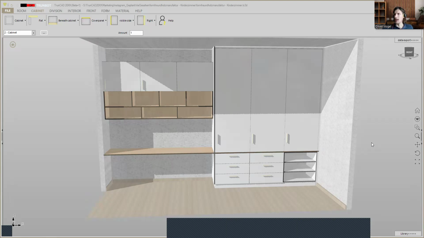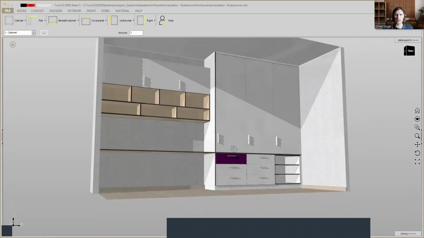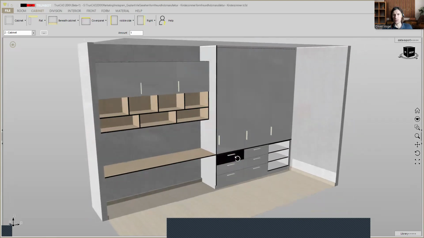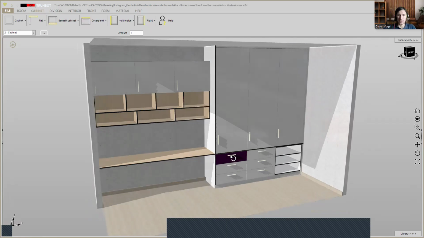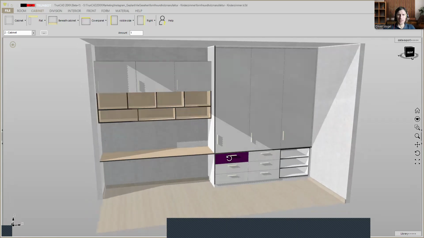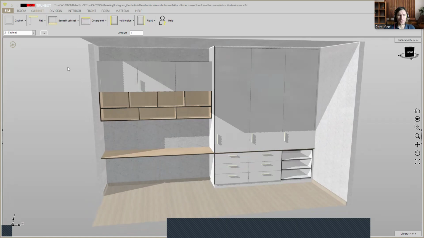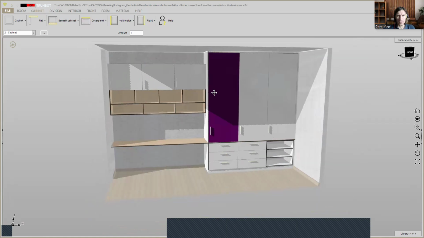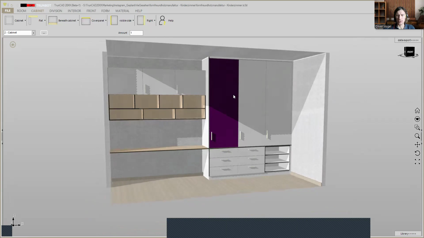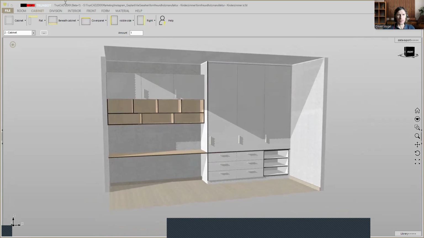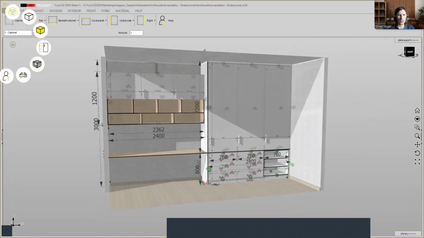Today you're going to see how to plan a children's room furniture consisting of a shelf, a desk and a cupboard like you see here. We will go from the default cabinet to the well done children's room. All right, first of all, we click on the eye and we turn on the smart